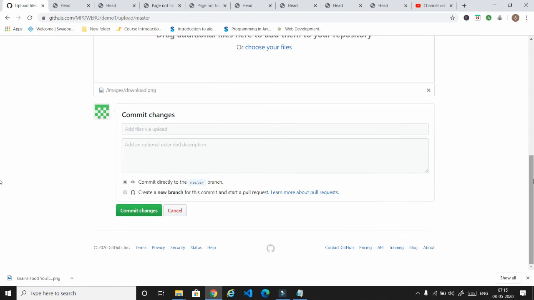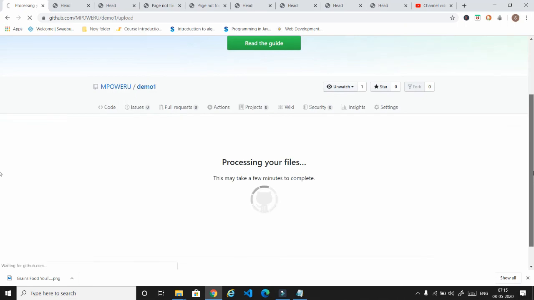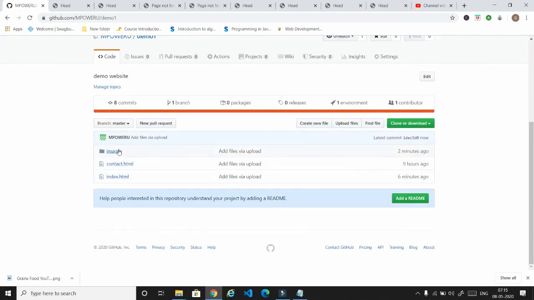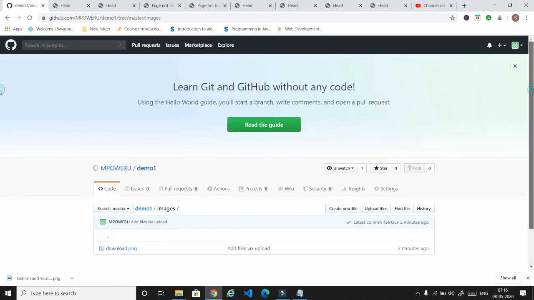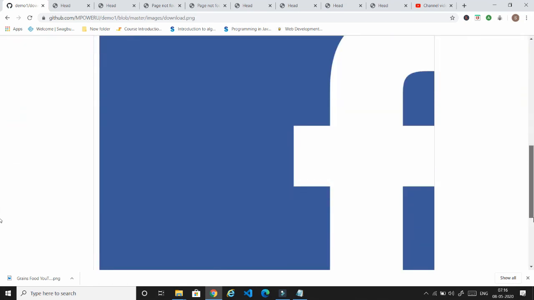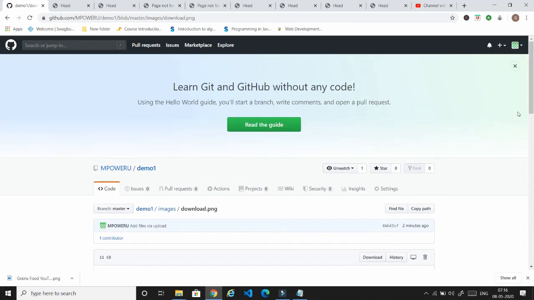The image folder has been uploaded, and just hit commit changes. You can see here the images folder is there, and inside that image folder we have download.png, which is the Facebook logo. By this we can include an image folder in our web page.